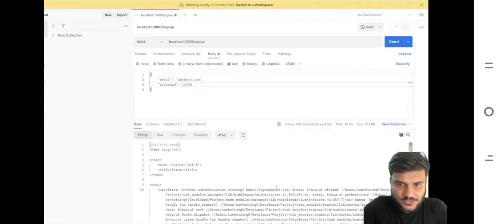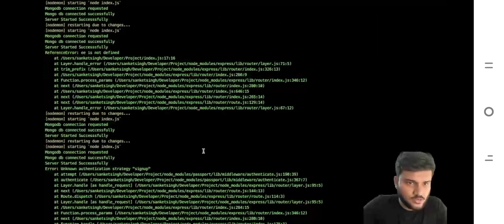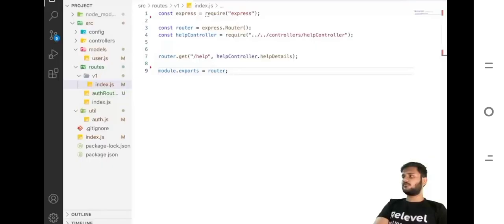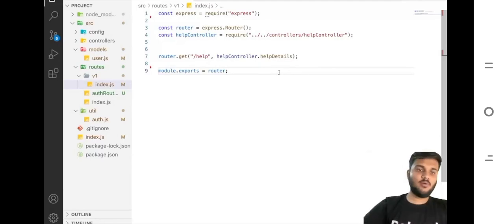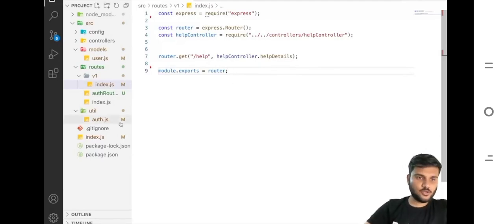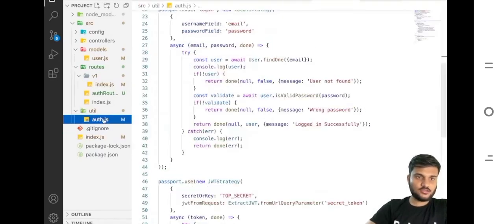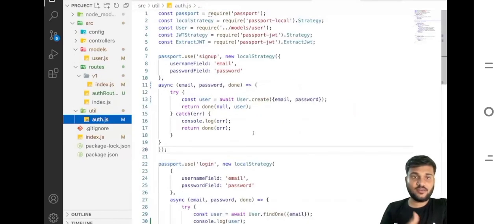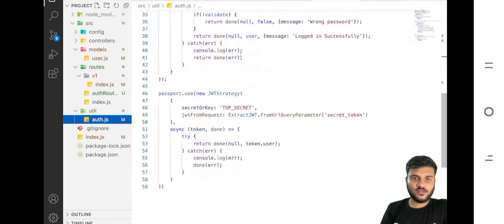Okay, unknown authentication strategy. Still the strategy is unknown. So let's see. Okay, so we have debugged what was the issue. There were a few small issues. First of all, the strategy that we have built here, we never executed it because this is inside the auth file and we have no